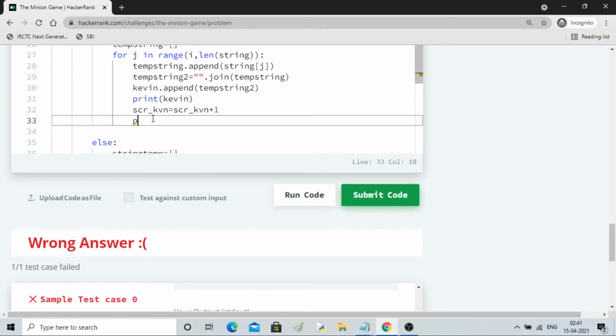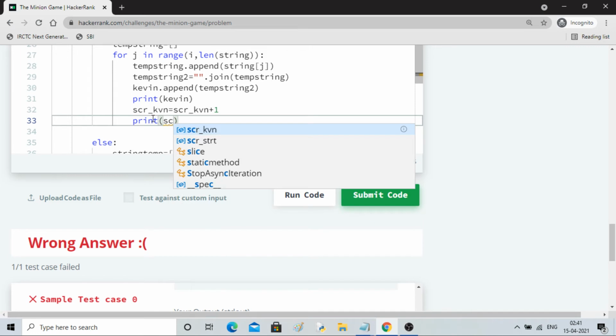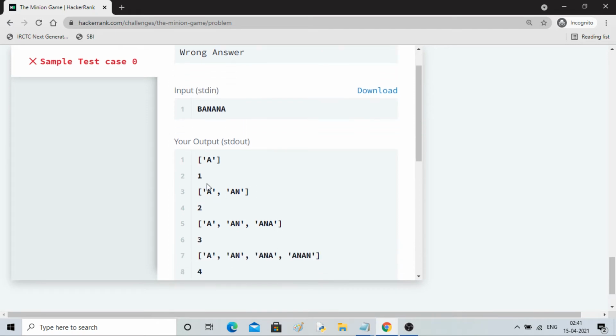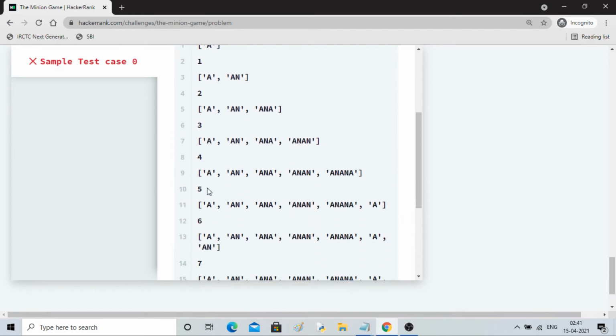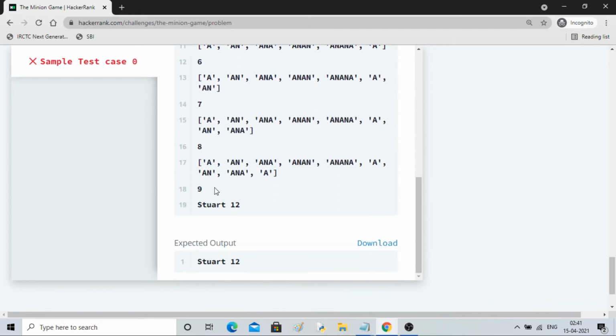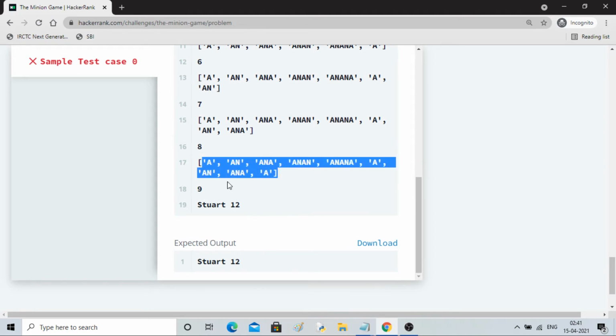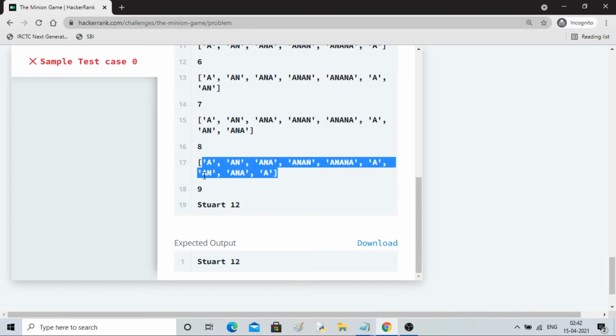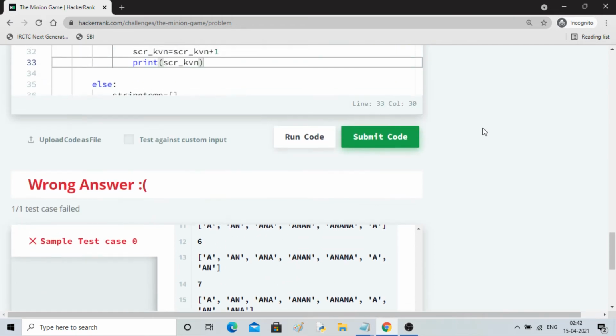So let me print the score of Kevin. Let's see, the score of Kevin is 0 above, right? So 1, then 2, then 3, then 4, 5, 6, 7, 8, 9. So we just want a score, right? So why should I store this? I don't need this. So I am adding it every time.